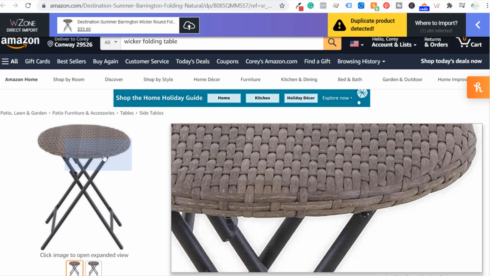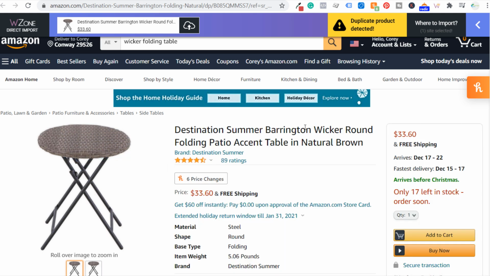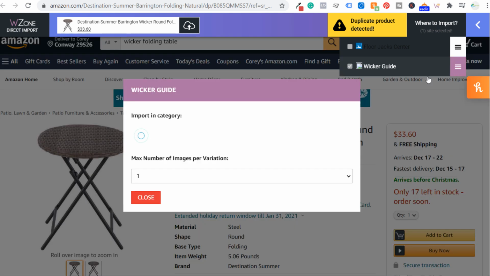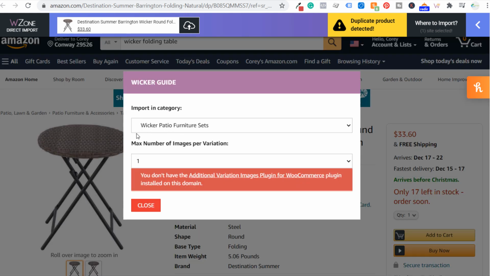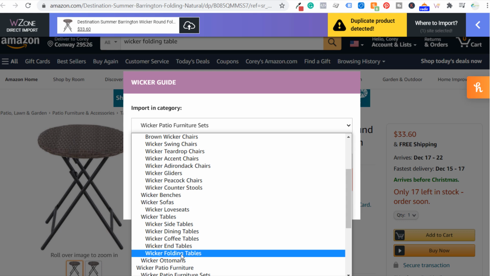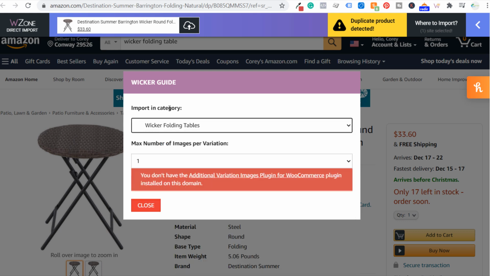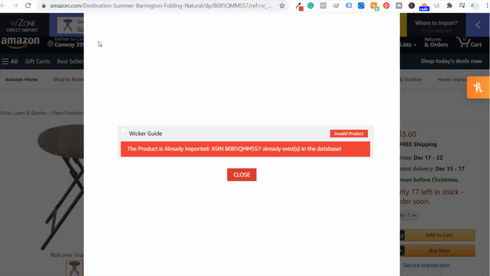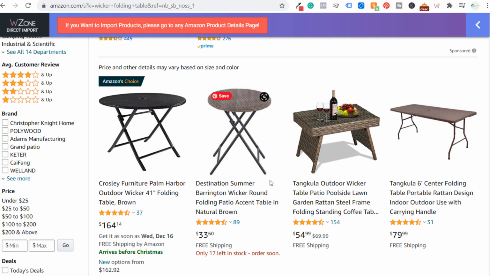So this product I've already added to my website. I'm going to show you how to add products into some of our different subcategories in a minute. But for right now, what I would do is I would come to where to import. We're going to go to Wicker Guide, click right here to import in the category. So it's pulling up wicker patio furniture sets because that's what we added earlier in the video. We click on this drop down, and what we're going to do is go to wicker folding tables. So you want to choose the correct category here, click on close, and then click right here to import that product. So you can see this one is already imported in the database,